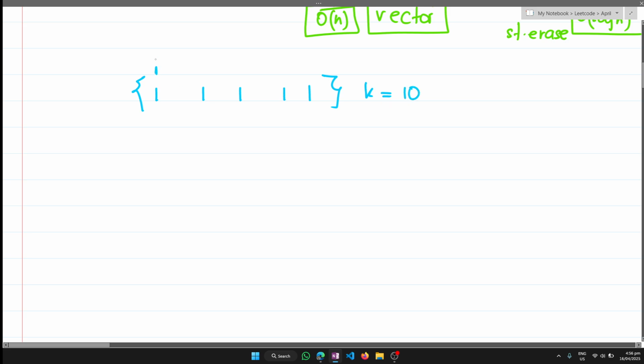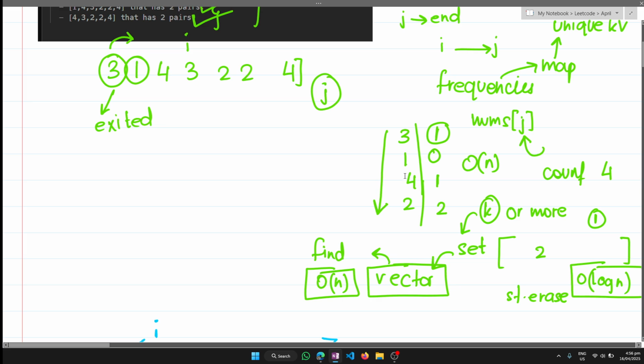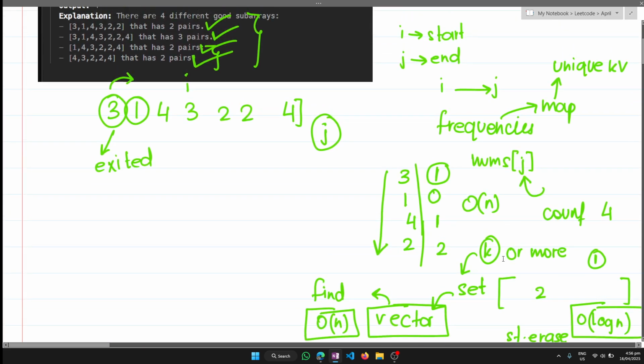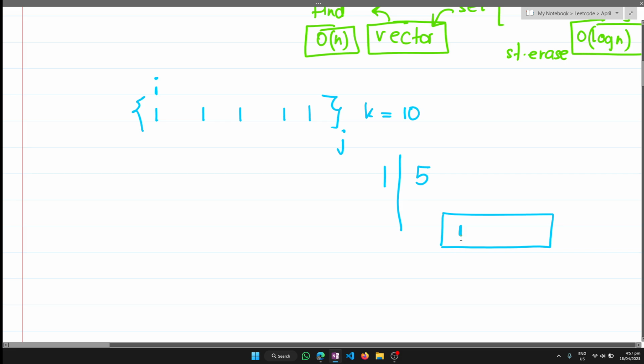Okay, perfect. My i is here, the starting point, my j is here. I'm going to take a map, right? Once frequency is going to become 1, then 2, and ultimately I keep incrementing until it goes out of bound, and at that point the frequency is going to be 5, isn't it? And I'm going to put 1 inside my set. The bad thing over here is that I just realized this particular approach, taking the elements and putting them into the set, is not going to work over here, because inside my set I only have